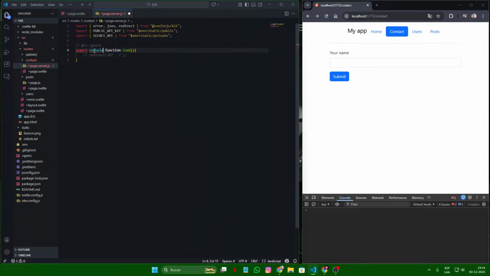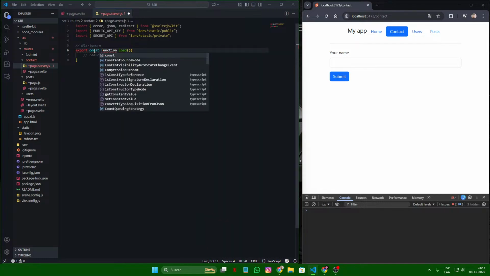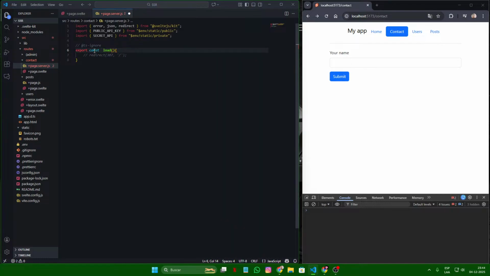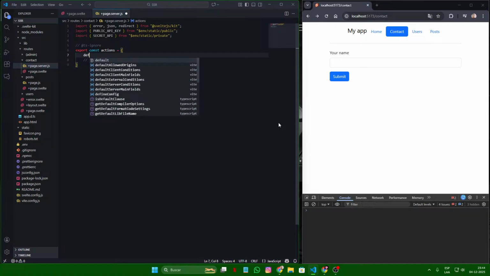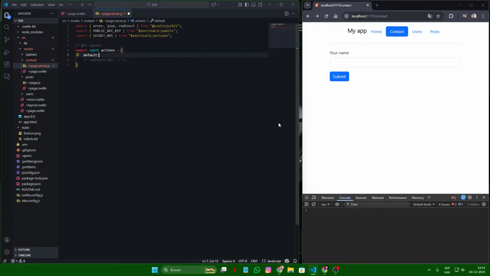So if your form has no name, you can use the keyword default, and whatever you post will go to this default. And here on this one, it's just an async function that will listen to whatever we post, and everything will be inside the event. Make sure that you save the page server.js,